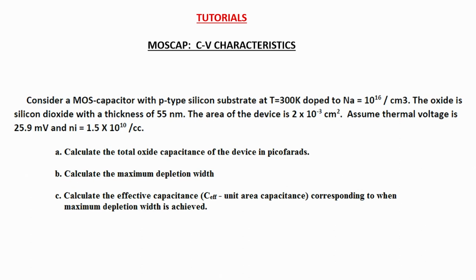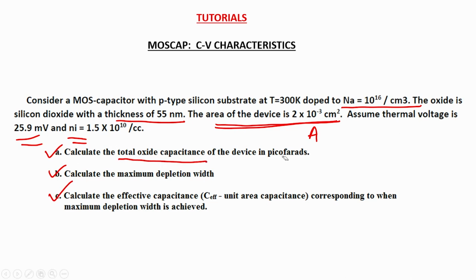Okay, so the question reads like this: consider a MOS capacitor with a p-type silicon substrate at T equals 300 Kelvin, doped to a doping density of 10 power 16 per centimeter cube. You are given the oxide thickness to be 55 nanometer, and the total area of the device, A, is given as 2 into 10 power minus 10 centimeter squared. You are asked to assume some values for thermal voltage and the intrinsic carrier concentration, and to calculate 3 values for this question, which is the total oxide capacitance of the device in picofarads,